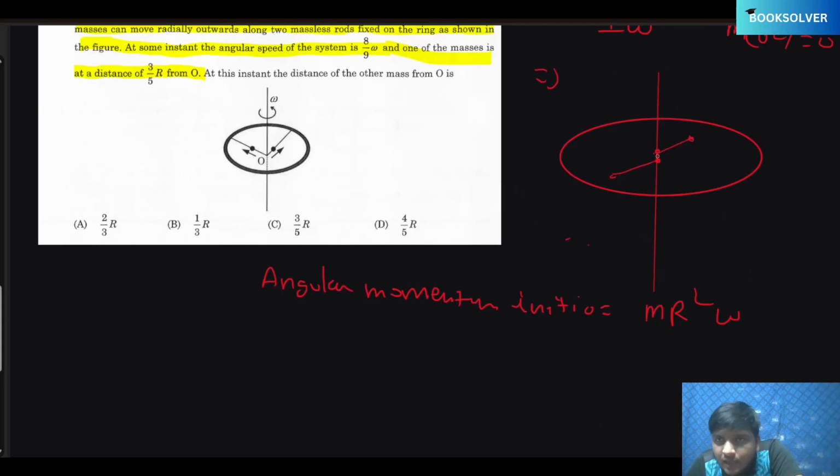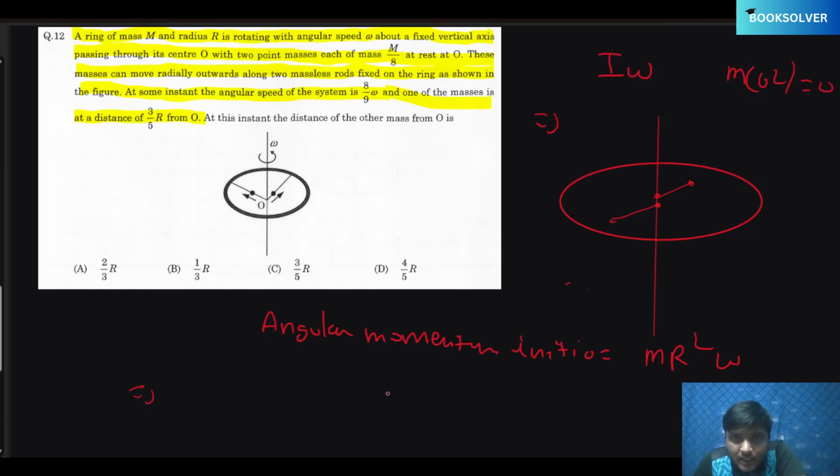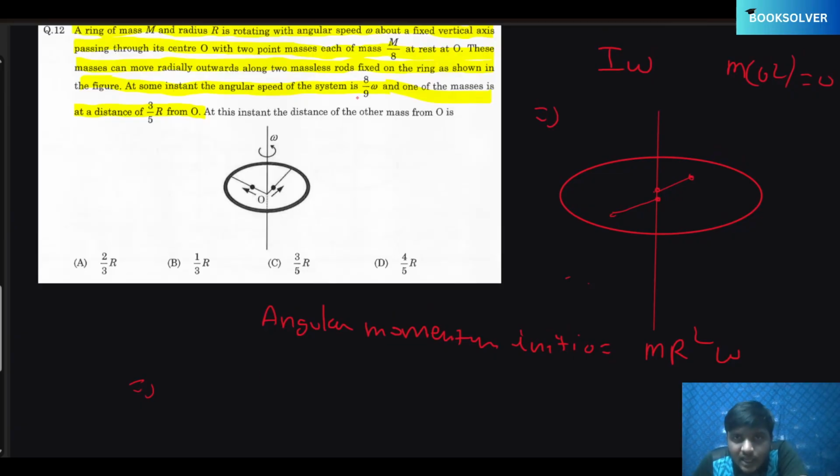After some time, when the particles move radially, this particle moves here and this particle must have moved there. When they have moved, the angular momentum should still be conserved. So let's write the angular momentum after they have moved some distance. The ring has omega of 8 by 9, so that is m r square into 8 by 9 omega, plus the first mass at a distance of 3 by 5 r, so it has m by 8 into 9 by 25 r square into 8 by 9 omega,